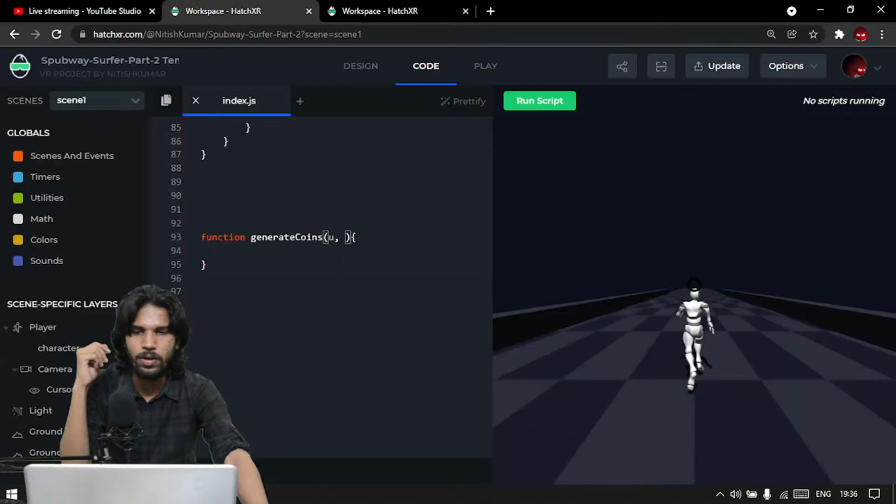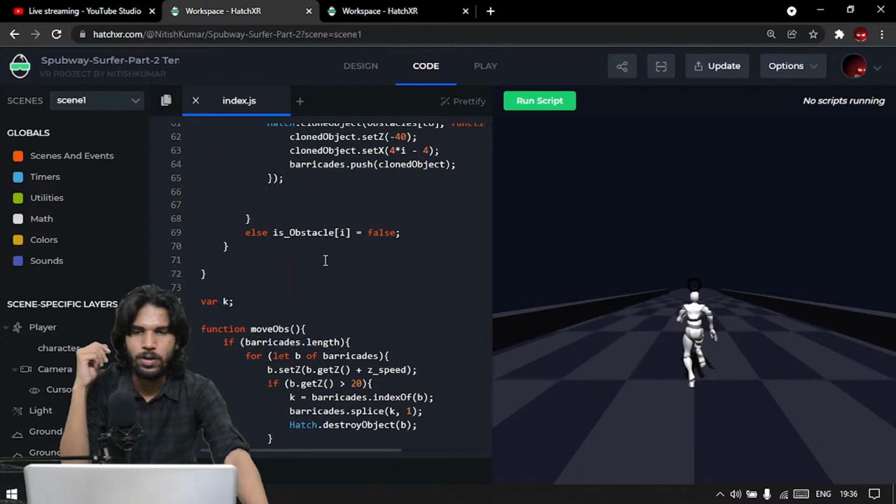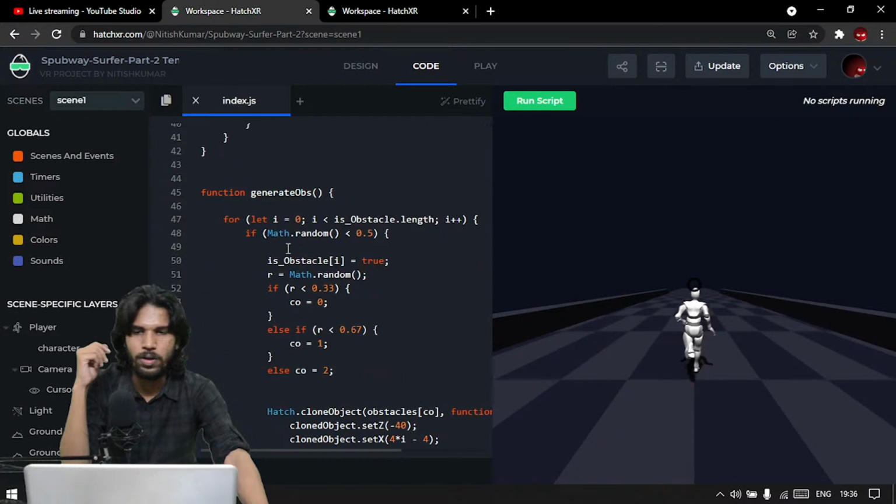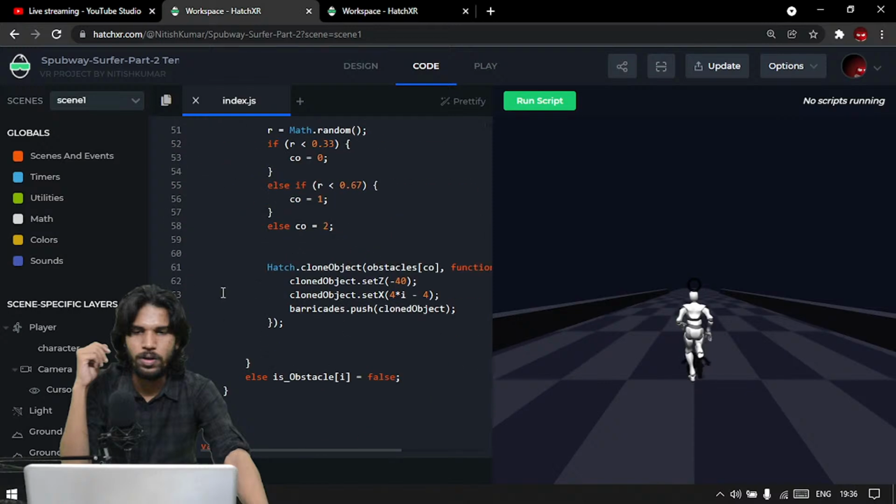So we will need to know on which lane we are creating the coin. Then we will need another input of what is the index of our coin, and which type of obstacle it is. So U, V, W, three inputs. Why? So I'll show you. Whenever we are generating an obstacle inside our generate obstacle function,